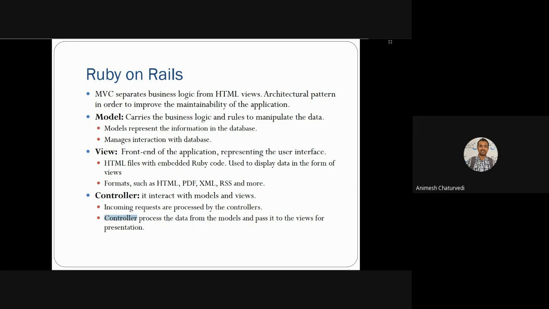Then the controller processes the data in the model and passes it as a result to the view for presentation. So the controller works in between model and view and does the management between them. These are the three components used in Ruby on Rails.